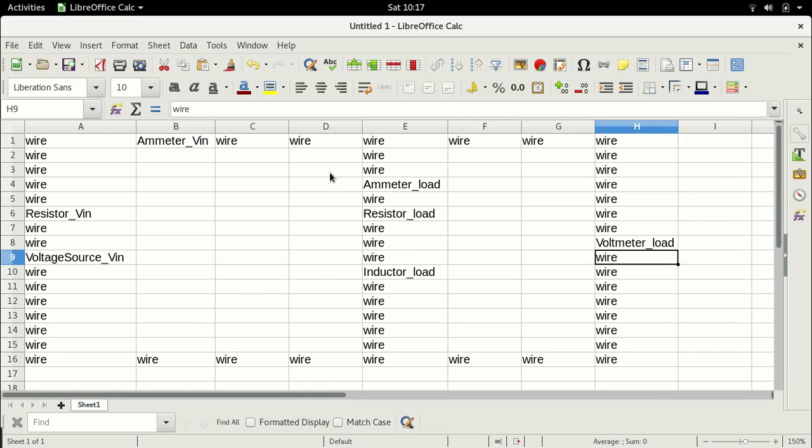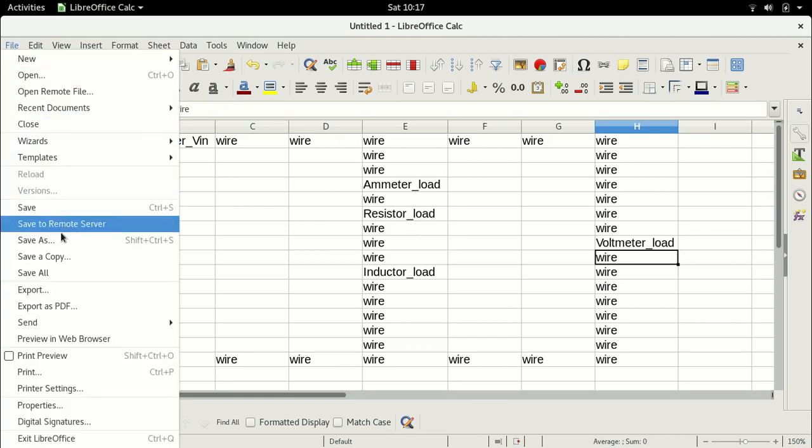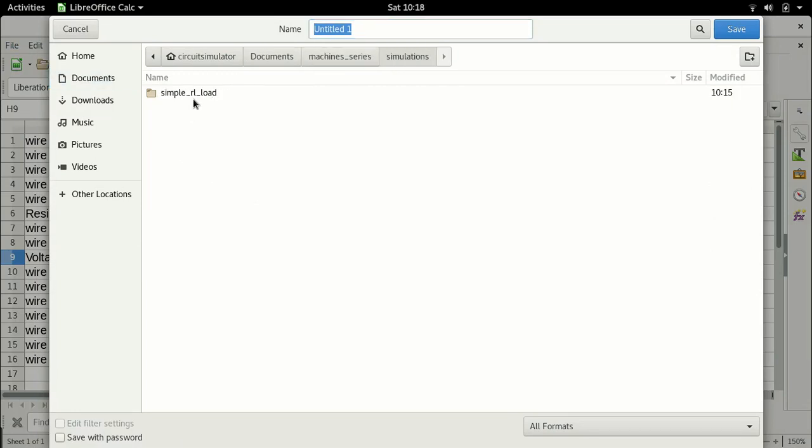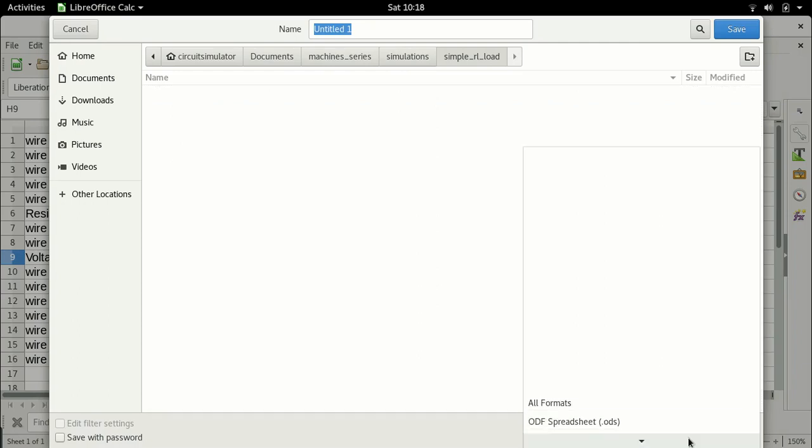So this is a very basic circuit, right? Simple single phase voltage source connected to an RL load and measuring the voltage across it. This RL load can symbolize any kind of load, right? So for example, I'm just going to go and save as. Now let me choose machine series, simulations, simple RL load, and here most important, go to formats